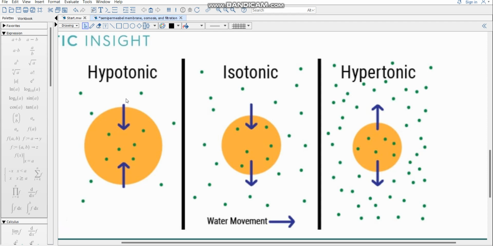Hypotonic is a solution with a low concentration of solute compared to another solution. So when a cell is placed in a hypotonic solution, water will move into the cell, causing it to swell or burst due to osmosis. And isotonic is a solution with the same concentration of solute as another solution. So when a cell is placed in an isotonic solution, there is no net movement of water and the cell maintains its normal shape and size. Okay,